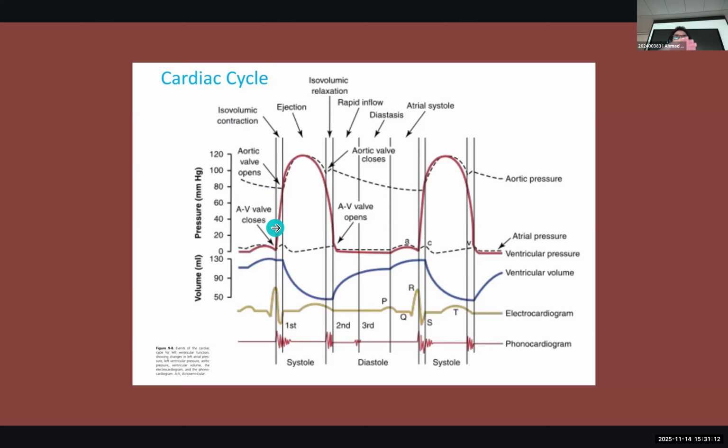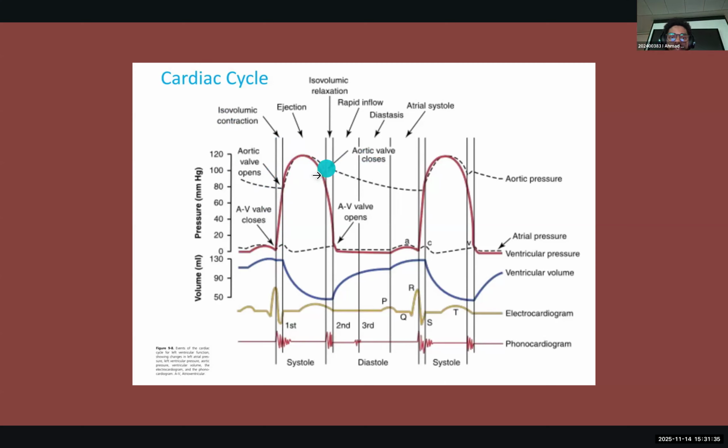So the pressure builds up, builds up, builds up. As soon as it exceeds the aortic pressure, the aortic valve is going to open and the blood is going to be rapidly pumped outside of the heart into the aorta to be carried into systemic circulation. Initially, it's rapid. After that, it starts slowing down. And then at this point here, the aortic valve,